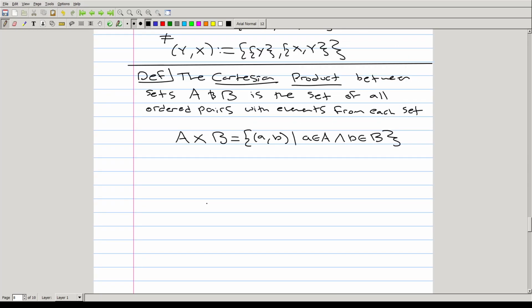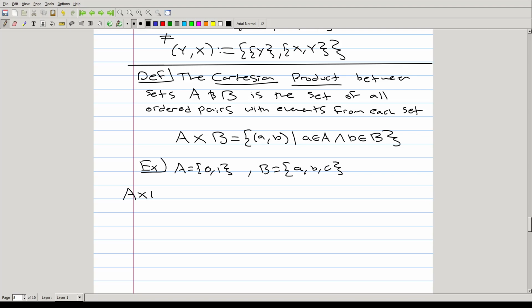And this is a very, very useful tool in mathematics, one that you've probably already seen if you've taken a Calculus 4 course, or multivariable calculus course. The Cartesian product between the real numbers is what we use to describe two-dimensional space, three-dimensional space. But even from a more basic standpoint, we'll go over a basic discrete example here. If A is the set {0, 1} and B is the set {a, b, c},